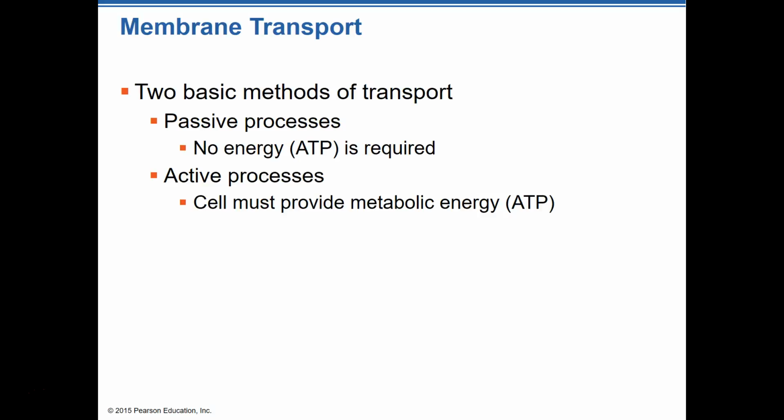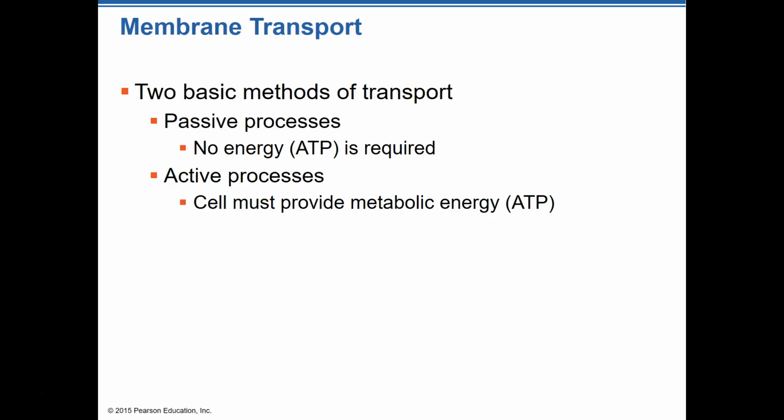However, like I said, it's not a perfect world, right? So there are two basic methods for moving a substance in and out of a cell through the membrane. There's two basic ways to do that. The passive process that we've talked about just a little bit, it's the one that doesn't require energy. So if something can just kind of slip through the cell membrane, it doesn't require energy, it doesn't require ATP, so it's passive. The active process is basically anything that there must be energy expended in order to get that substance either in or out of a cell.